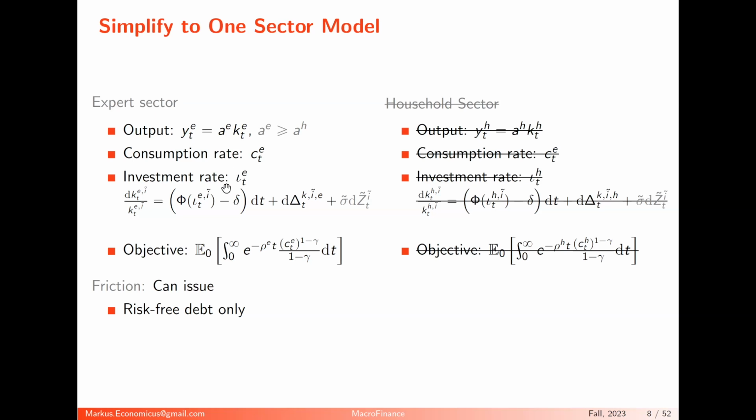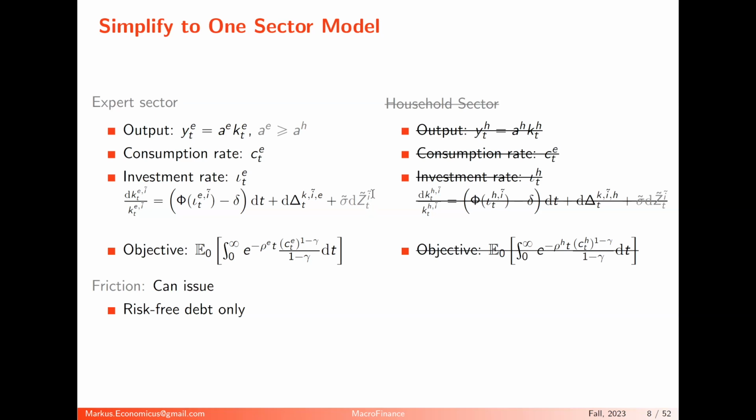And if they invest more, then the adjustment of the capital stock changes, the percentage change in the capital stock. That's the depreciation rate of the capital stock. And each individual expert can buy and sell from the other experts as well. And then, and this is new now, there's this idiosyncratic risk. So whenever something is idiosyncratic, I put a little tilde on top of it, okay?